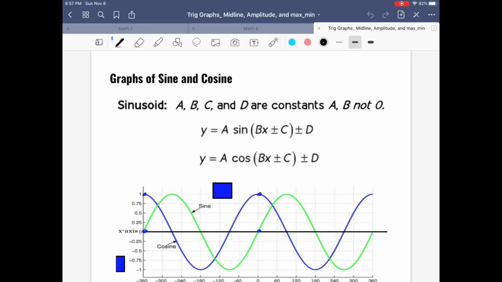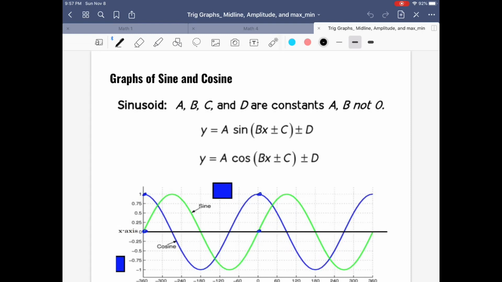All right, so for this video, we're going to be talking about the graphs of sine and cosine. So we're going to be talking about a section of key features over the next couple lessons. So today we're going to talk about midline, amplitude, and maximum minimum. So the graphs of sine and cosine are actually from the unit circle, and I know that you haven't done an in-depth look at the unit circle. However, we still are going to look at the key features and how graphs of sine and cosine look on